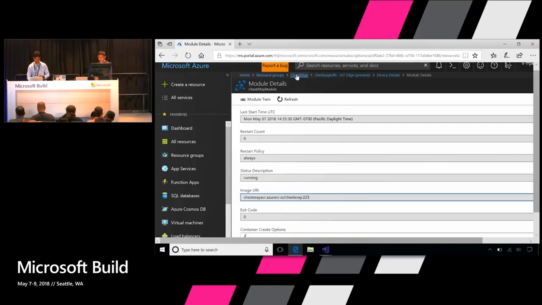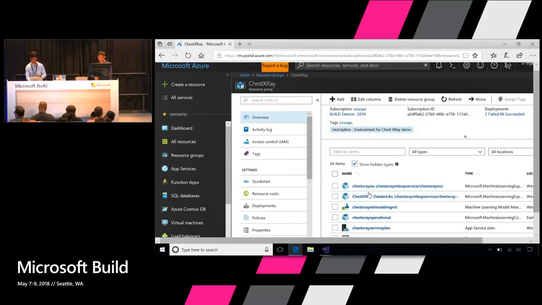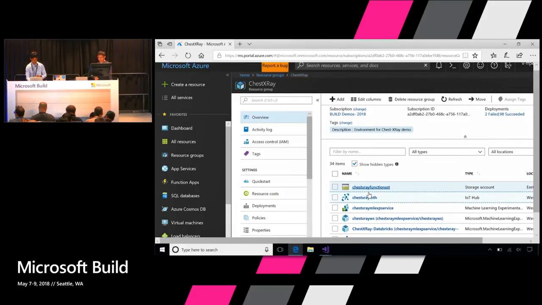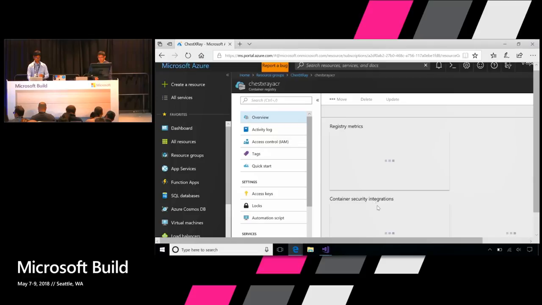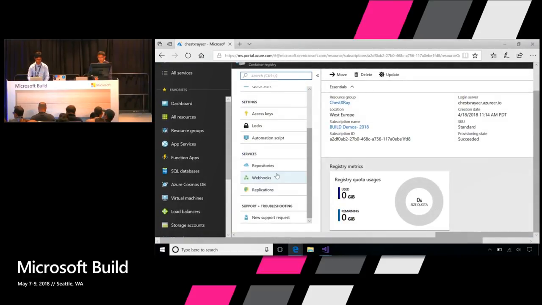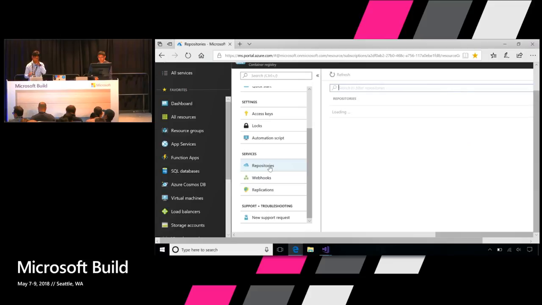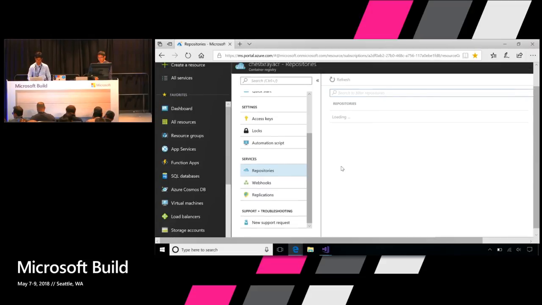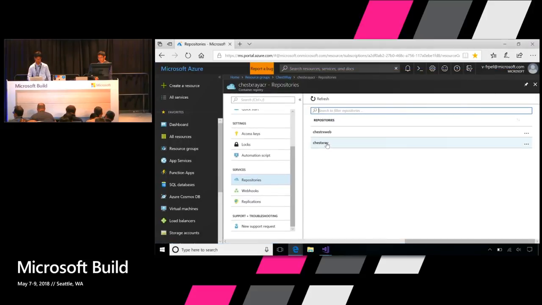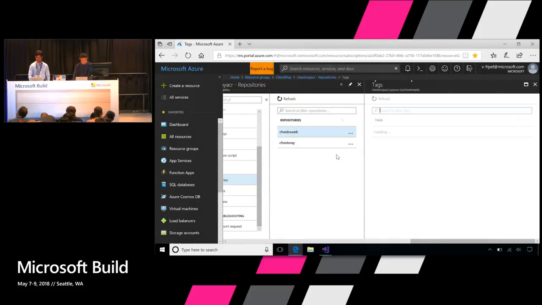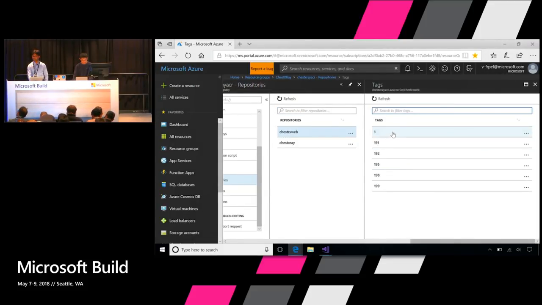So if I go back to my Just X-Ray resource group, I can come over here and go to the container registry. Once I go there, I can see my repositories, which you just saw Seth talking about, how he was generating the images. Once I come over here, I can see different repositories, and one of them is certainly powering all of this on the edge device. So let's just hope it comes up. It does. So this is the one for the web, and this is the one for the Just X-Ray in general. I can click on this one, and it'll show me all the different images with their tags and everything else. So that's how you could pull up an image and analyze it in real time using IoT Edge.